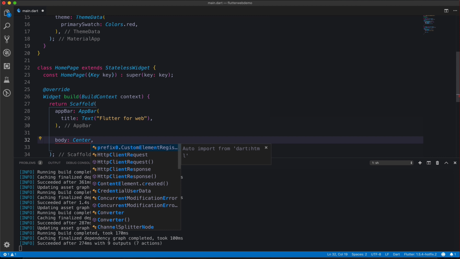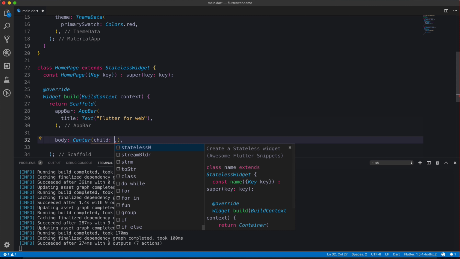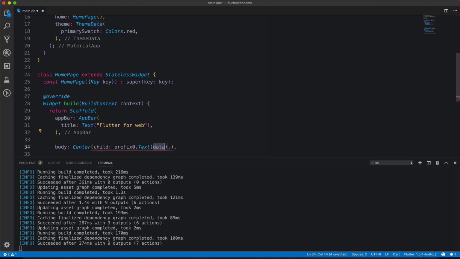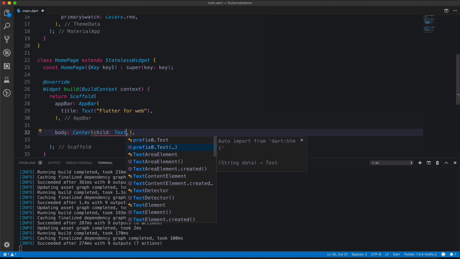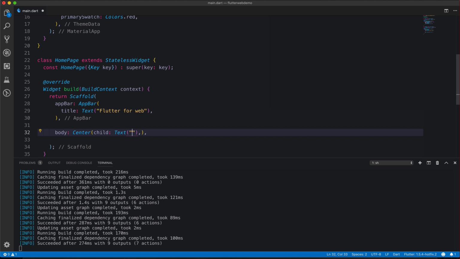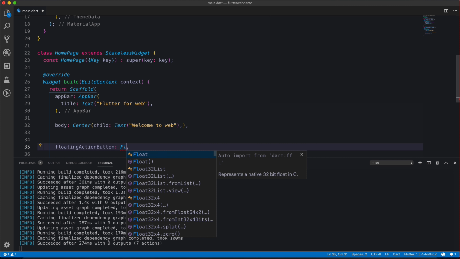And then after the app bar, I can have the body where we can say into the center I'm going to have a child where I'm going to say text. Why it is showing prefix and all that, I don't know. Oh, there's something wrong with this. I'm not sure what the problem is, but I'm going to fix it soon. So in the child text I'm going to say welcome to web,